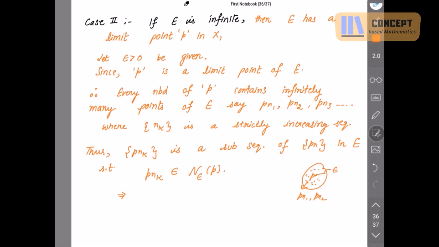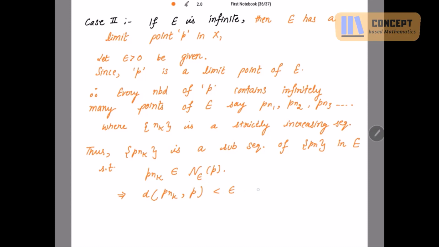So can I write after this that the distance of these points from this P is less than epsilon for k greater than or equal to 1? Fine, because the numbering starts from 1, Pn1. So this k should be equal to 1 or greater than 1, right? But